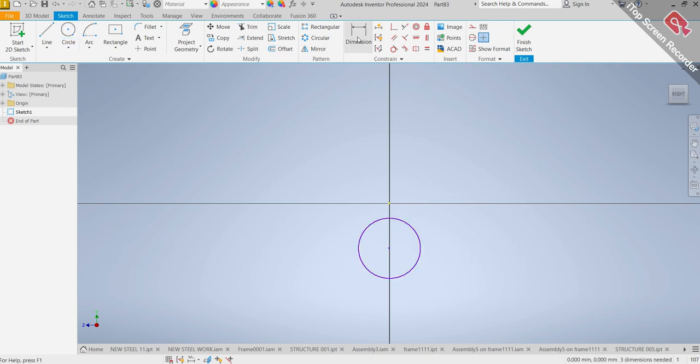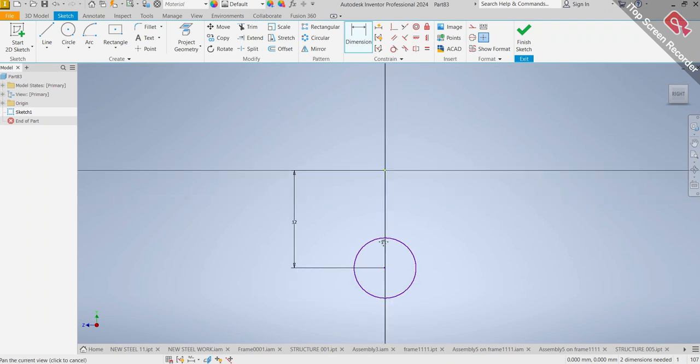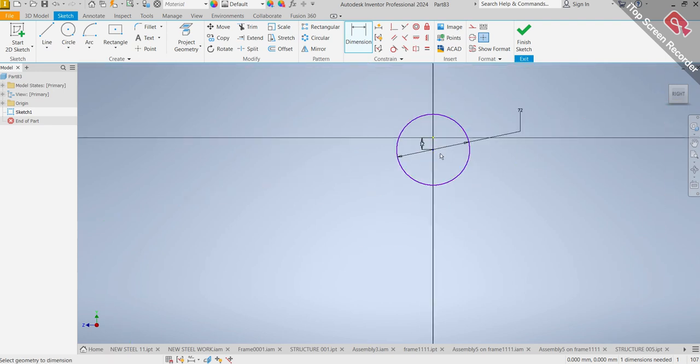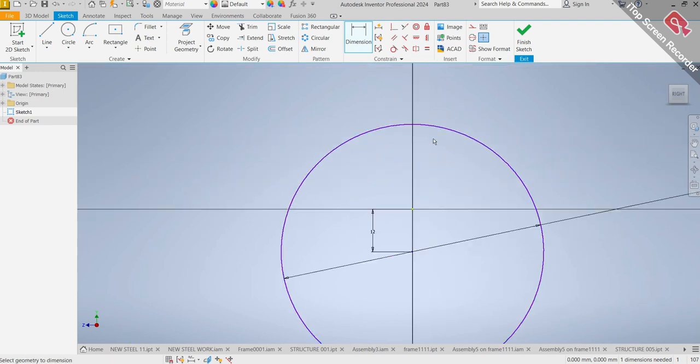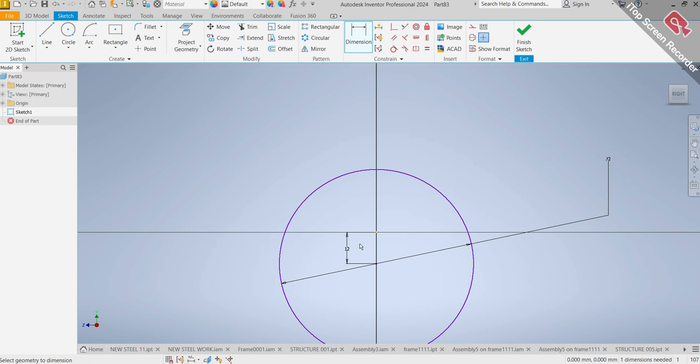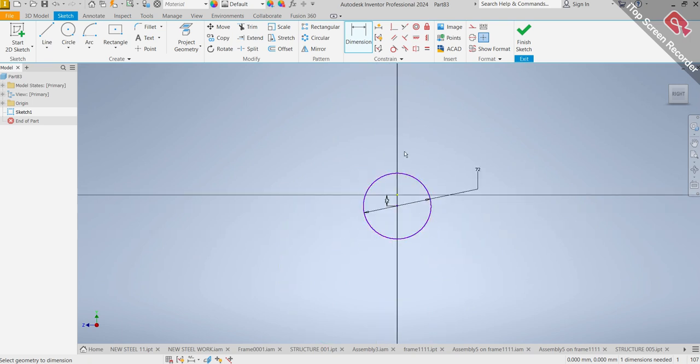I'll dimension the circle from this point to this point. I'll dimension the circle 12. Then I'll also dimension the other circle, using the dimension of 72. So I have something like this now. So first the distance, then the circle 72, then all I have to do,